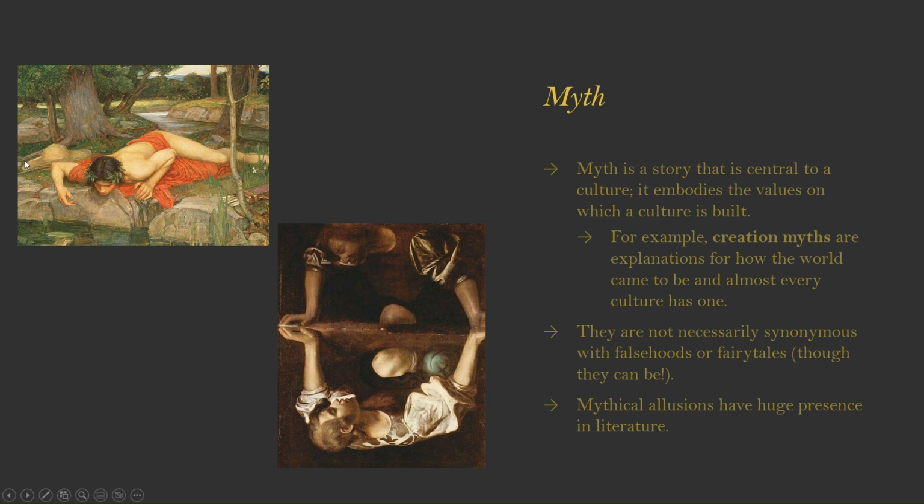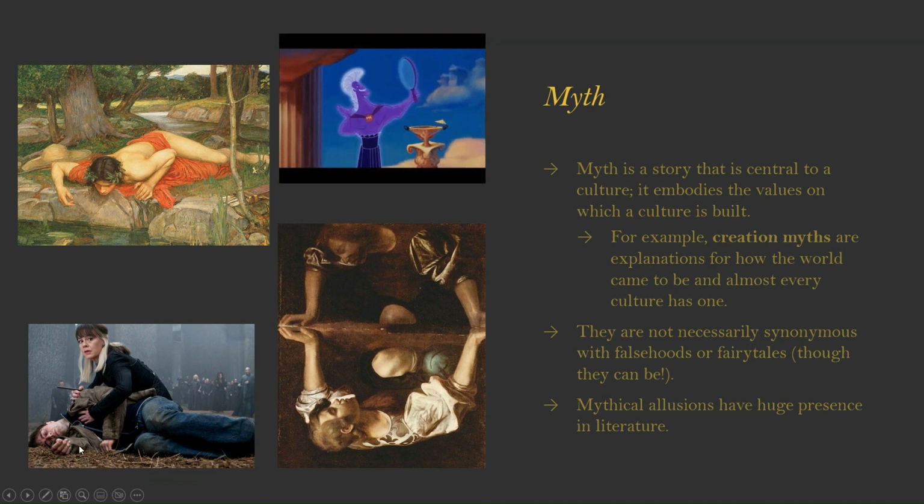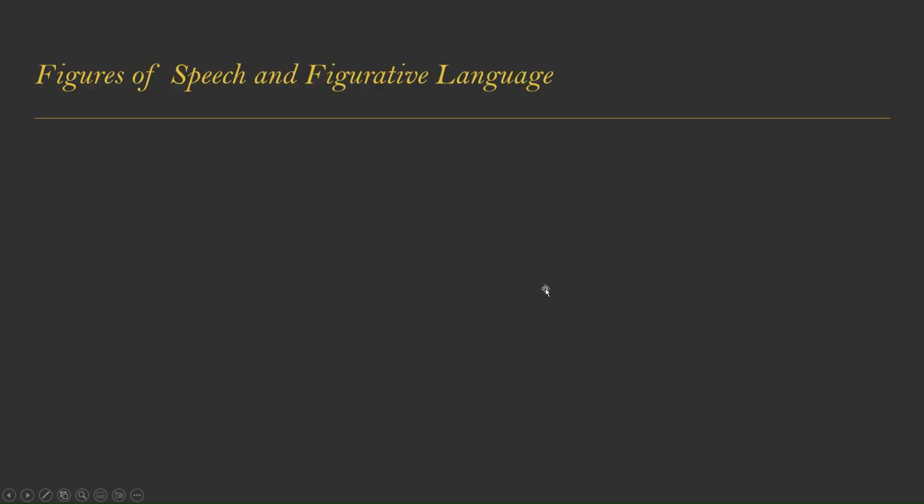Now, this is where the term narcissism comes from, and this also shows up in modern media. This is Narcissus in Disney's Hercules, and in Harry Potter, Draco Malfoy's mother is named Narcissa Malfoy. So that's an allusion to myth here. And what that tells us is that she is, of course, a vain or narcissistic person because she's connected to myth. And these are things that show up in a lot of different ways throughout literature that you'll want to